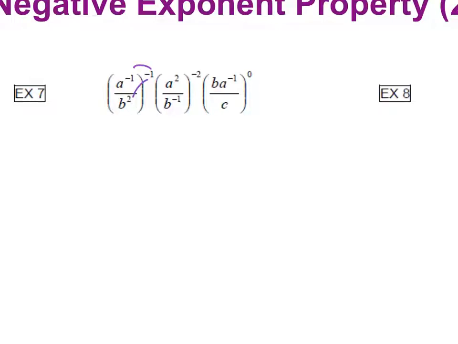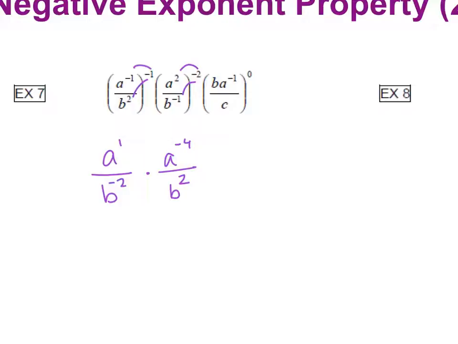Now when you bring it in, you multiply, so a to the -1 times -1 becomes a to the +1 over b to the 2 times -1 is -2. We're going to do the same thing with our second parenthesis, bring that in and multiply, so you have a to the -4 over b to the +2 because it's a -1 times a -2. Now this next one, I can bring the 0 into every single thing on the inside,